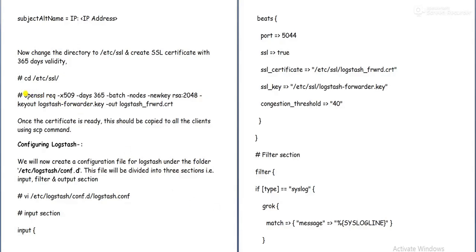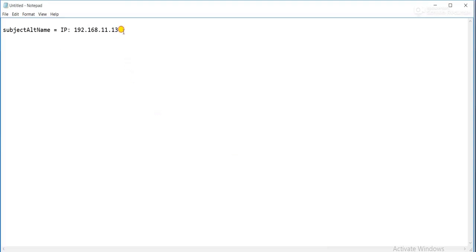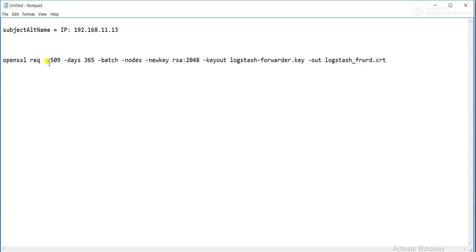We'll use this command, so I will copy and paste it in my notepad: openssl req -x509 -days 365 -batch -nodes -newkey rsa:2048 -keyout logstash-forwarder.key -out logstash-forwarder.crt.